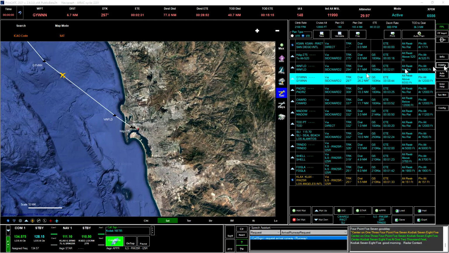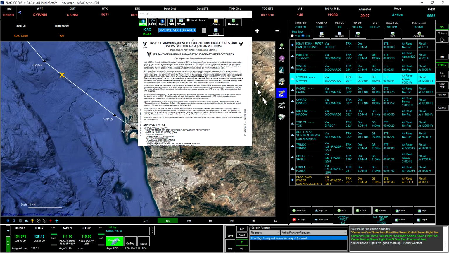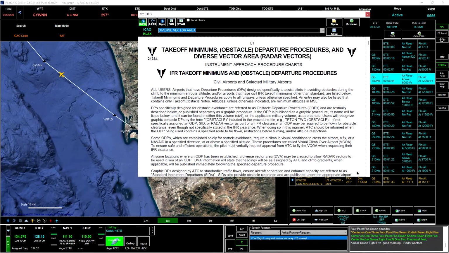The TERPS button is a very handy feature of Pilot2ATC. It will show you documents from the internet for airports and waypoints and things of this nature, for the currently selected airport. And so we have KLAX up here,